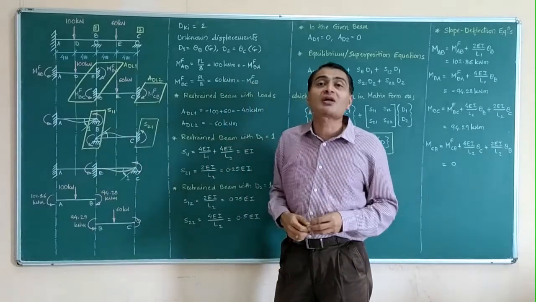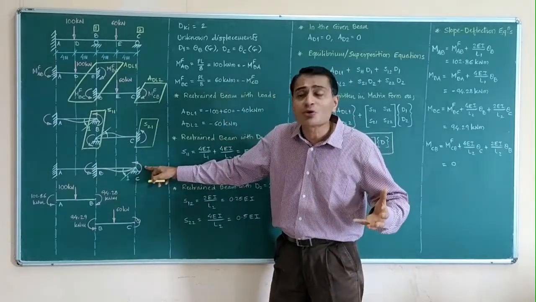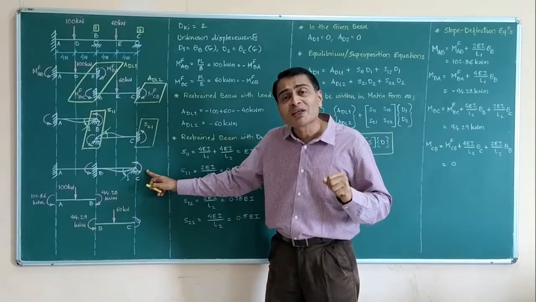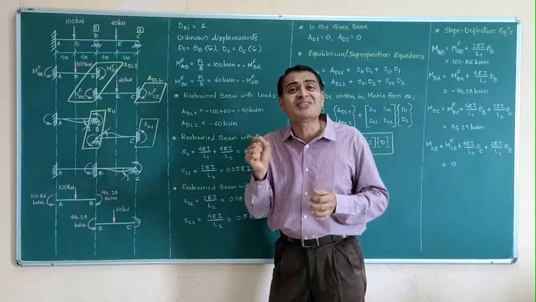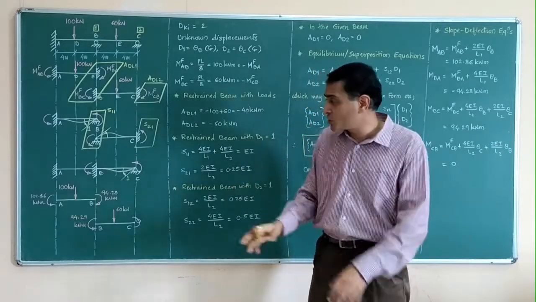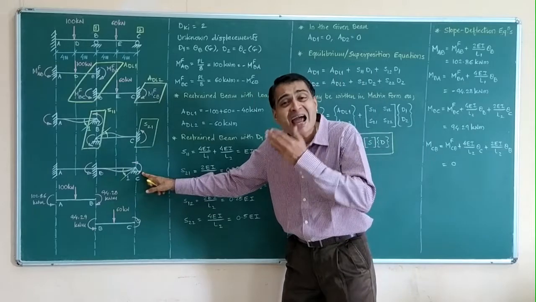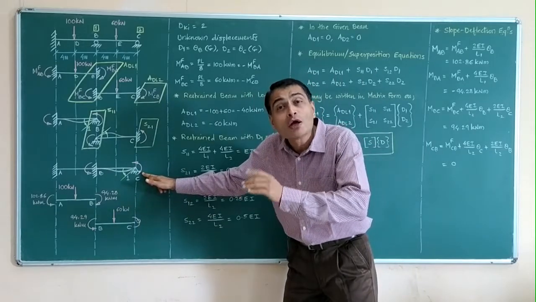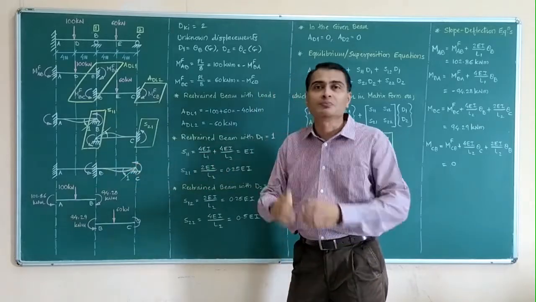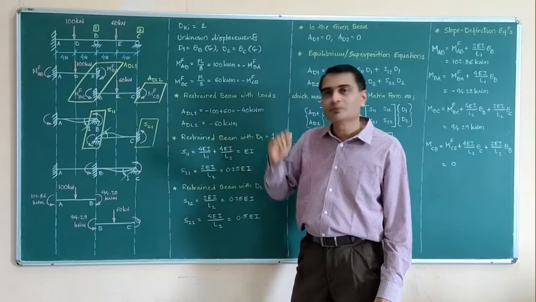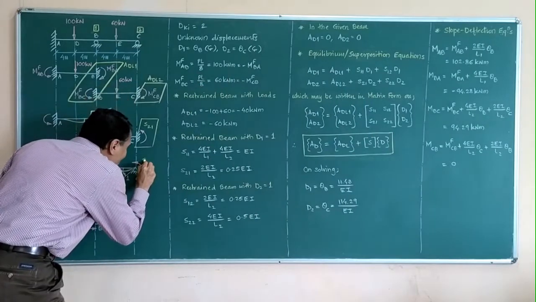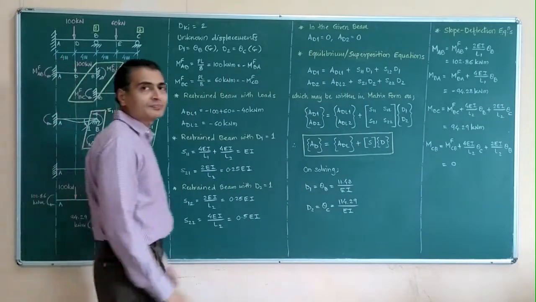As far as notations are concerned, this is stiffness because we are talking about unit rotation. What stiffness is it? If I want to express it as Sij, what will be i, what will be j? That is what we discussed in the introduction. It is stiffness at node 2 because of unit rotation at node 2. It is stiffness at 2 because of unit rotation at 2. So I am going to call this S22. Check.